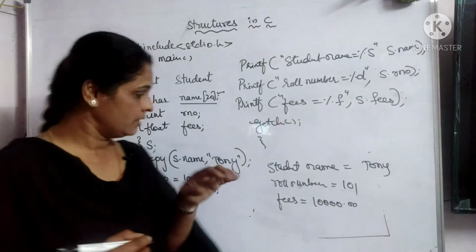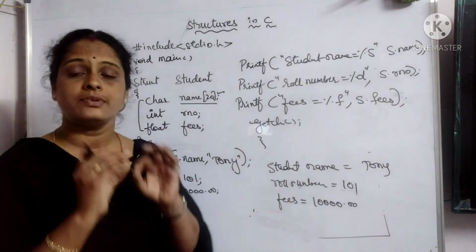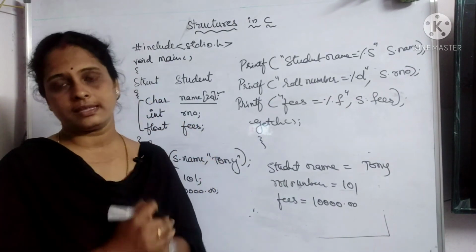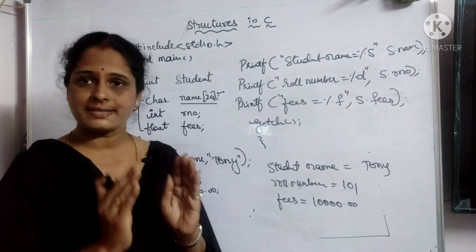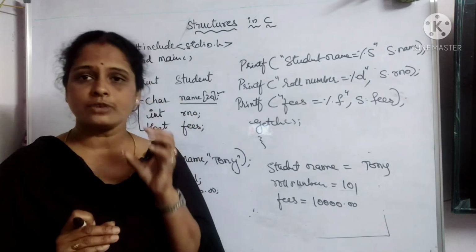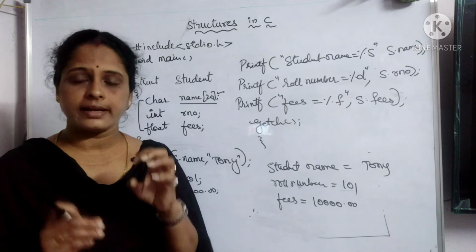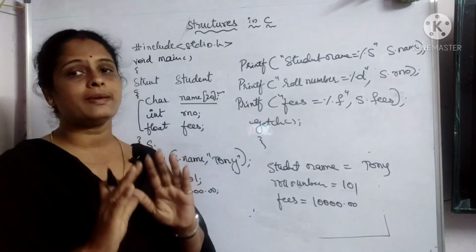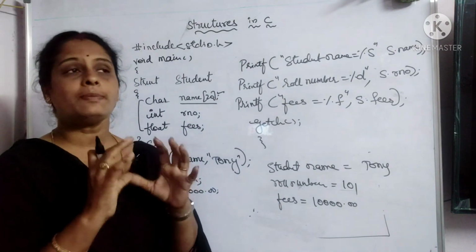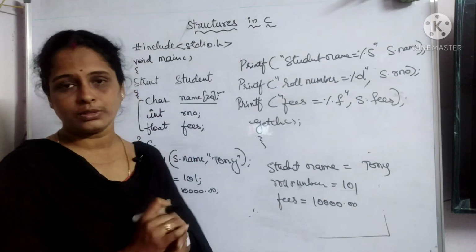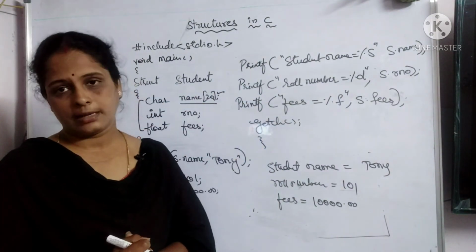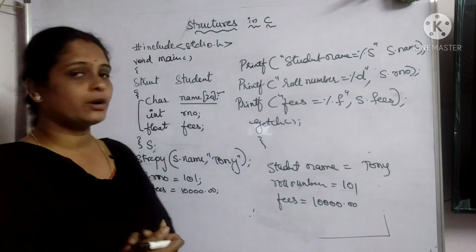If you observe here, individual members have their own values stored in them. So it is able to display in that way. To keep it simple, I say that the members of the structure are allocated unique memory. Their individual memory will be allocated. They'll have their own space in the memory, so that whatever values we have assigned, they'll go and store in that place. Okay, so this is all about structure.